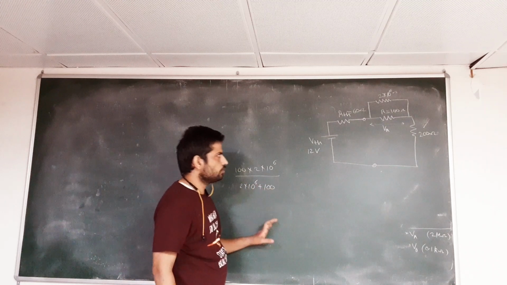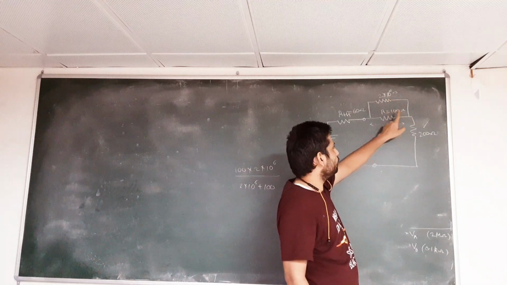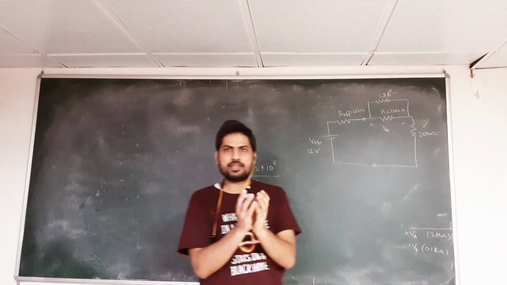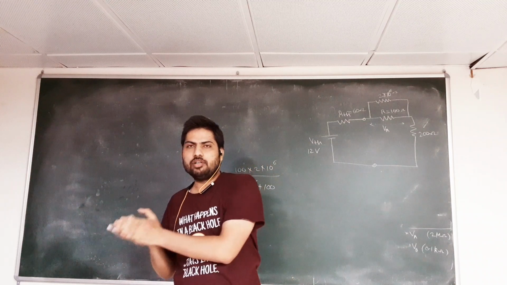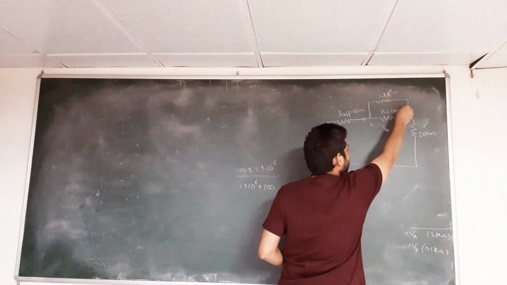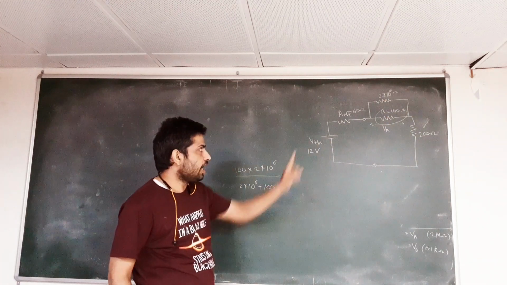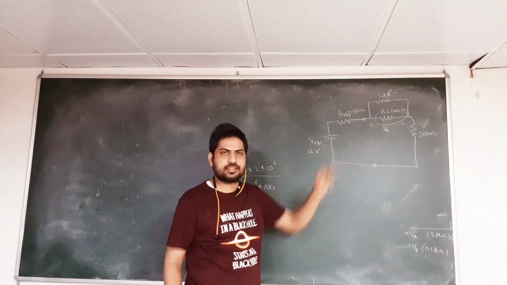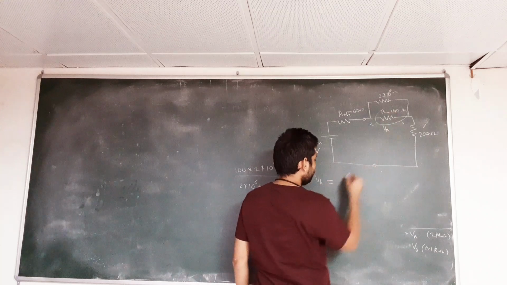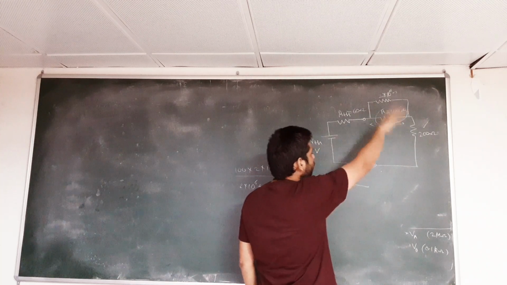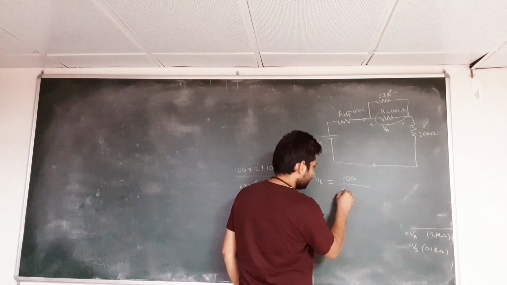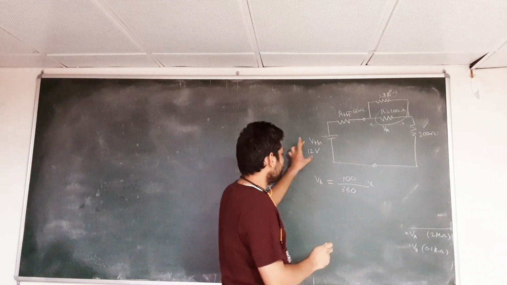Or actually you can see also that this resistance is very high in comparison to this resistance. So in a parallel combination the equivalent resistance is actually equal to the smaller value resistance when the other resistance is very high. So this combination will give a resistance of 100 actually. And now finding the voltage at this resistance is easier using the voltage division rule. So this VA will actually be the value of this resistance, that is 100, divided by the sum of all the resistances connected, that is 100 plus 200, that is 300. So this is 100 by 300, and you will multiply with the voltage source, that is 12.